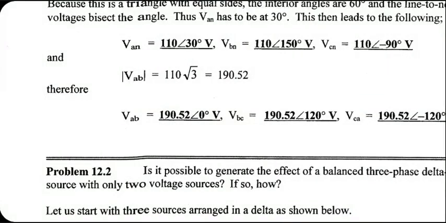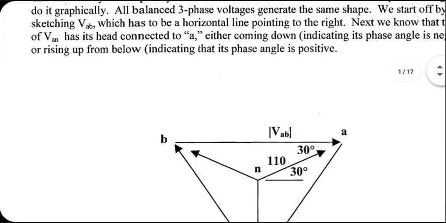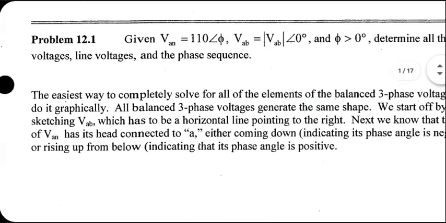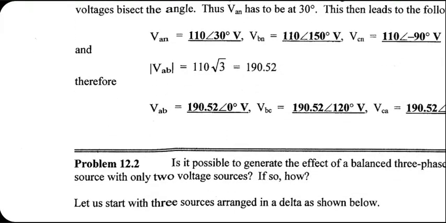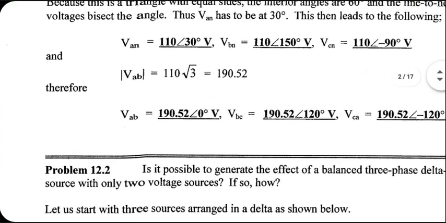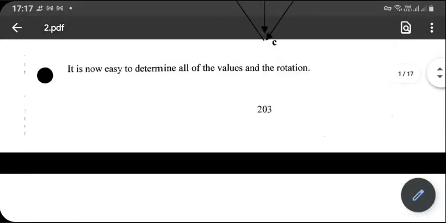And then the next one, of course, will be the same voltage shifted by 120 degrees. And then the next one will be shifting by another 120 degrees. So others are easy to figure out. And the magnitude of VAB is simple enough that you know it will be simply the magnitude of VAN multiplied by square root of 3. You don't really need the diagram to figure out all this. So that is given here. Okay. So magnitude of VAB is known. From there, you can easily write the complete phasor expression for VAB. So this problem, despite the diagram, is not that difficult.